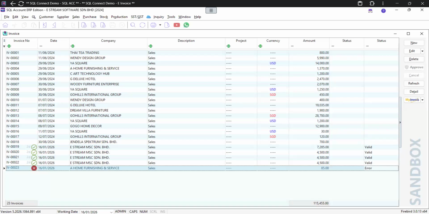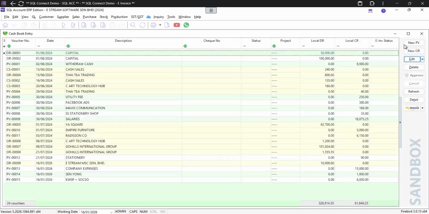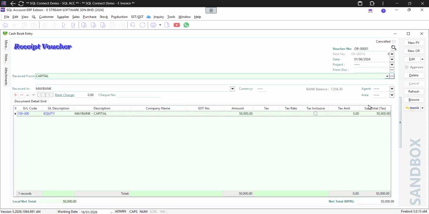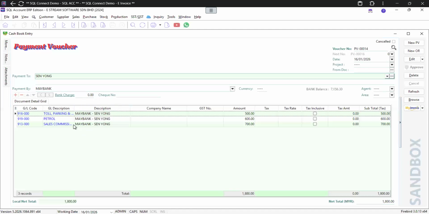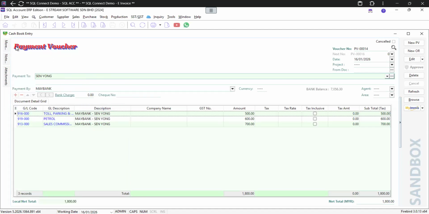For Lenovo question, how to submit PV self-bill for personal name? Same thing, I showed you already. You just go to PV, cash flow entry, PV. After you key in everything for the personal, let's say I use back my name. Let's say this one you want to submit. Not submitting for the toll, petrol, commission, maybe for other things, maybe for rental. Then after you fill up here, you go to the more here, left